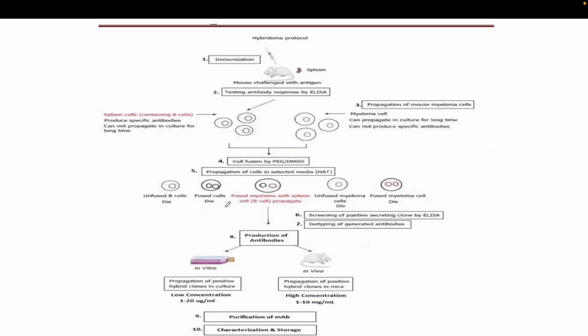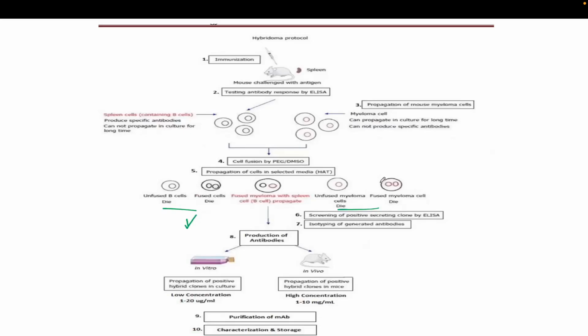Okay, unfused myeloma as well as unfused B cell, fused myeloma and fused B cell, right? So the unfused cells will die, because of the shorter lifespan, and this is because it is not having